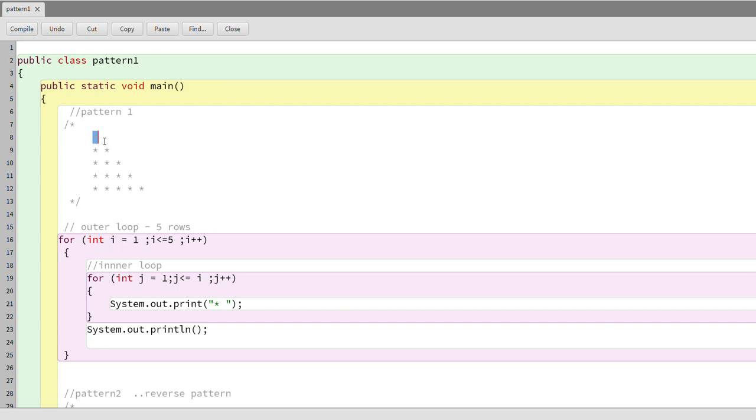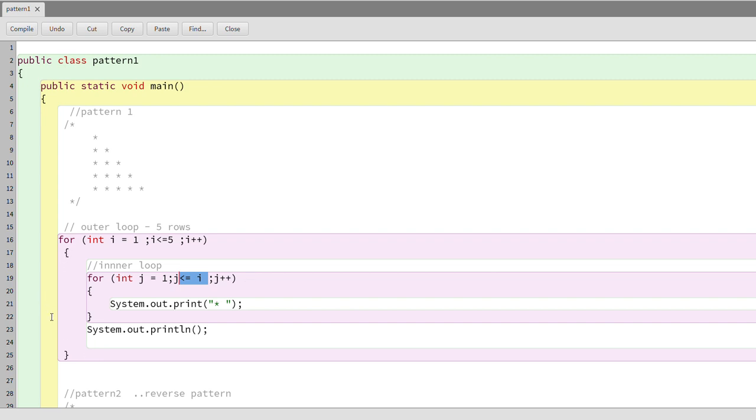Now inside each row there are columns to be printed. I know in the first row only one column needs to be printed, then second row 2 columns. So my columns are equivalent to my row number. So I say for j equal to 1, j less than or equal to i, which is my row number, and then increment it, j plus plus.